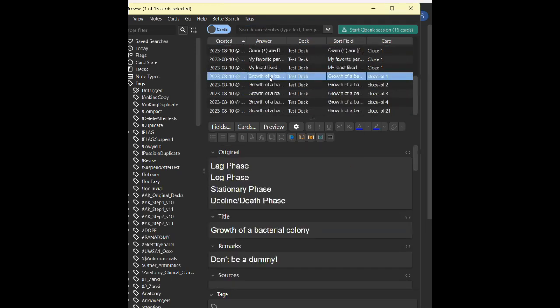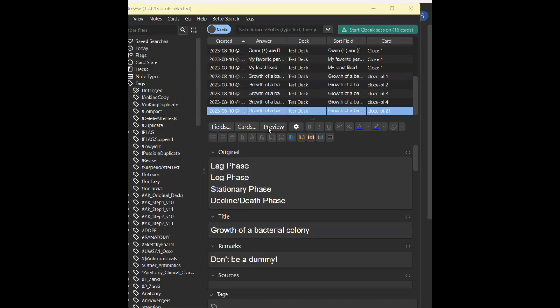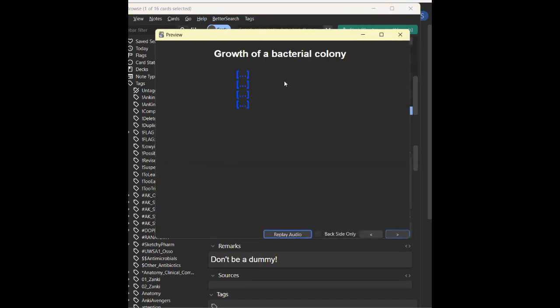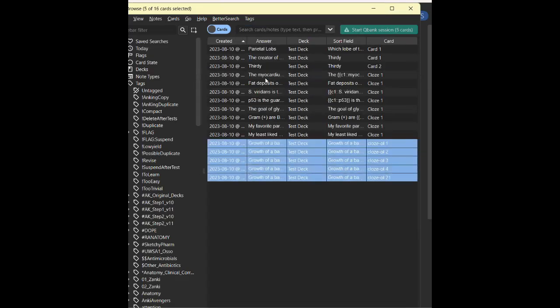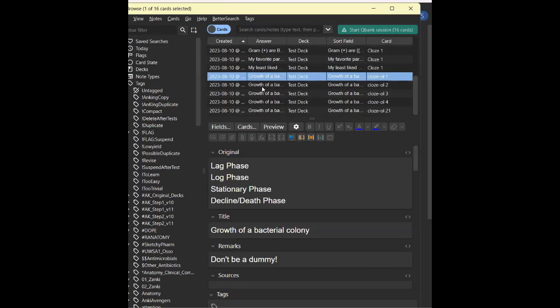What's a note? You see this cloze overlapper? It creates 5 cards because there's 1, 2, 3, 4 lines plus the final boss. This entire thing is considered one note, and each one of these is a card.